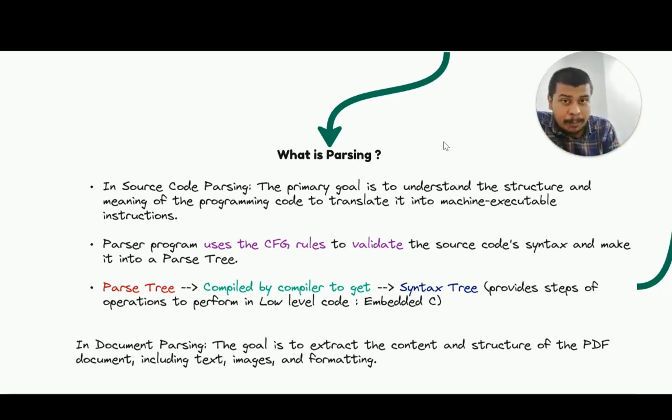So for obtaining the text, we use this kind of document parsing. The goal of this particular document parsing will be to extract content, text, image, all of these data from the documents such as Word documents, PDFs, or any external documents. So that is exactly where this document parsing comes into play, right? So this is the modern technique. Fine. The ancient technique is the source code parsing.